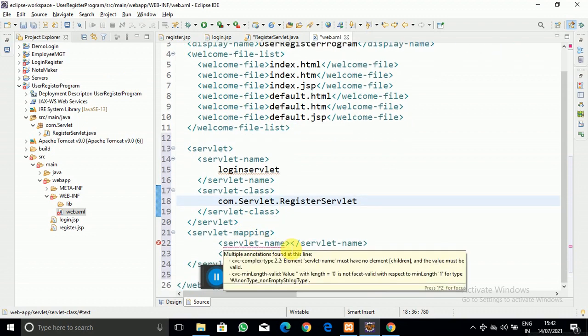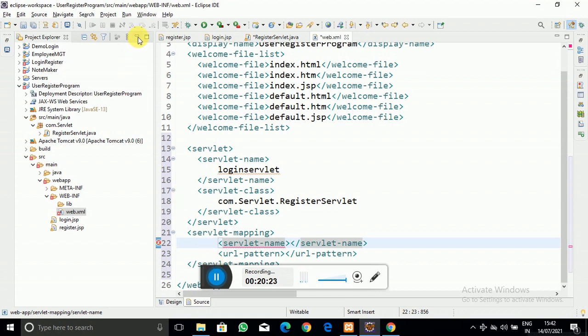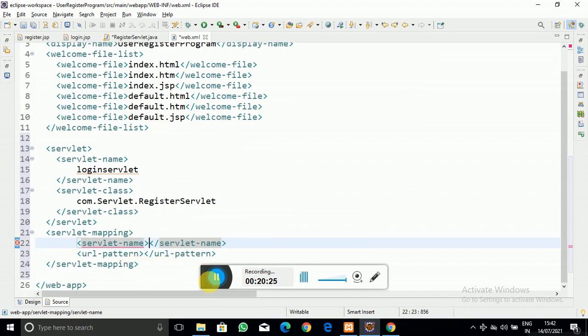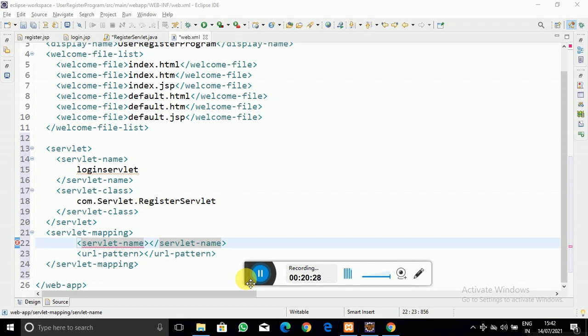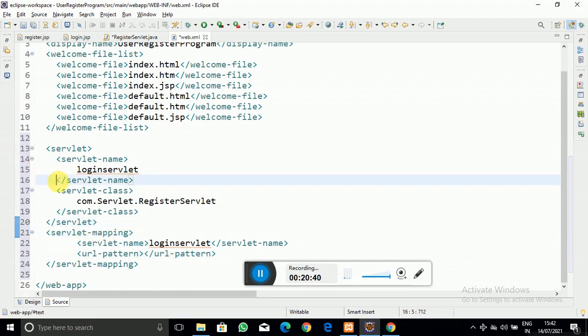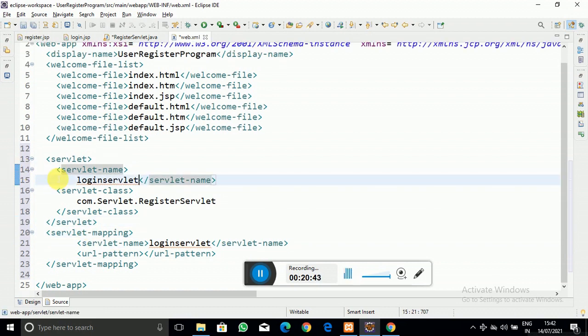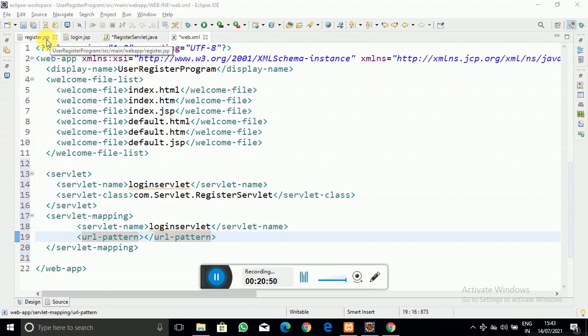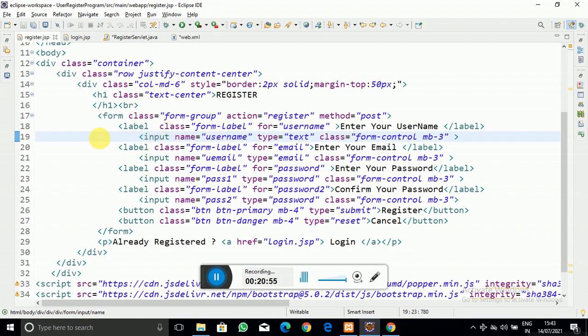Now into the servlet mapping tag you have to write the servlet name again, which I gave as login servlet, and into the url pattern you have to write the url. Before writing the url pattern, you have to look at the inputs.